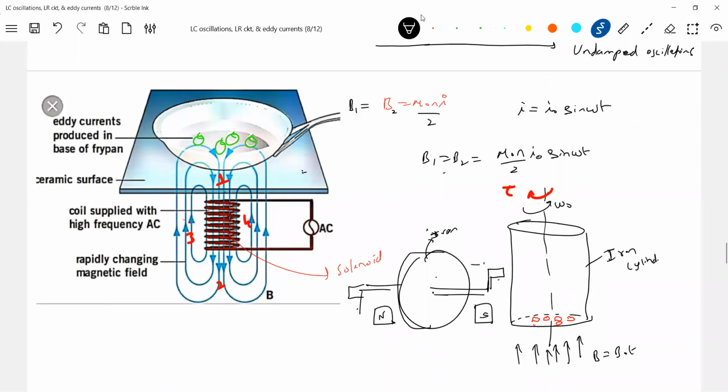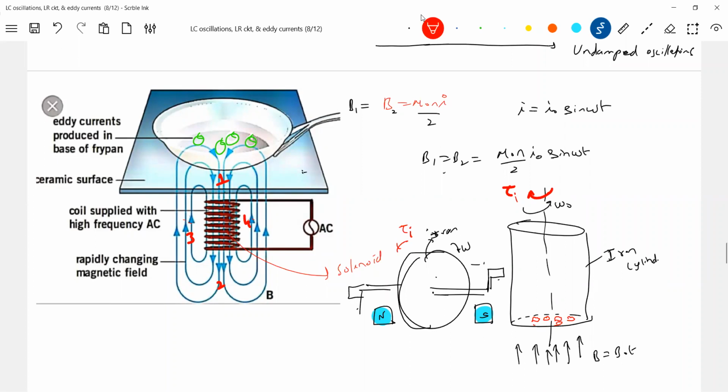can we see any eddy currents here? There will be eddy currents, no? On either side of the disc we can see the eddy currents. That eddy current will introduce an induced torque. If angular velocity is like this, an induced torque will come in this direction. They may ask you like this. You have to be very careful. These are all application problems.